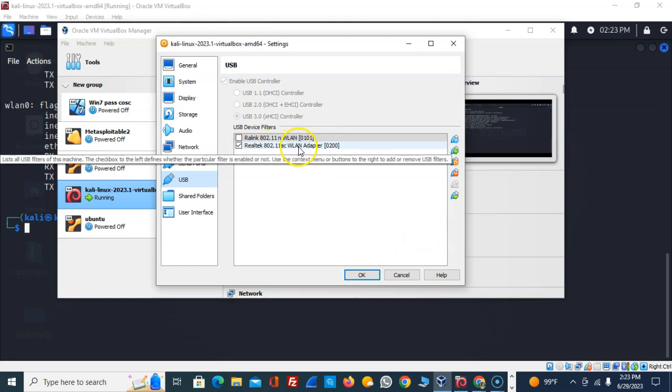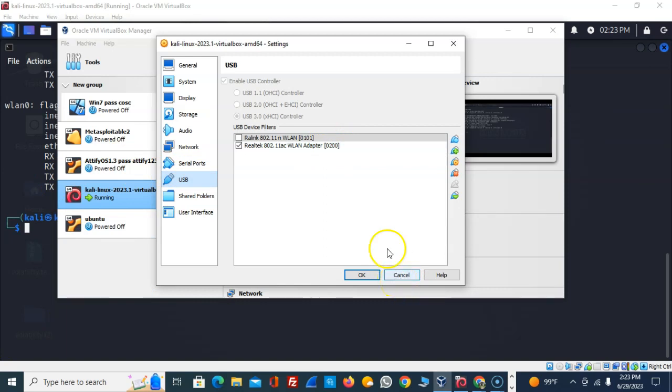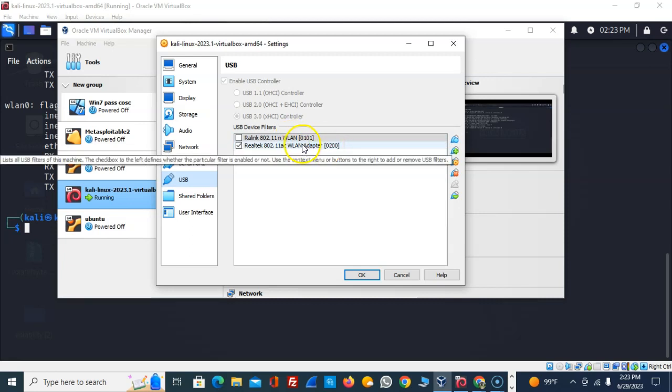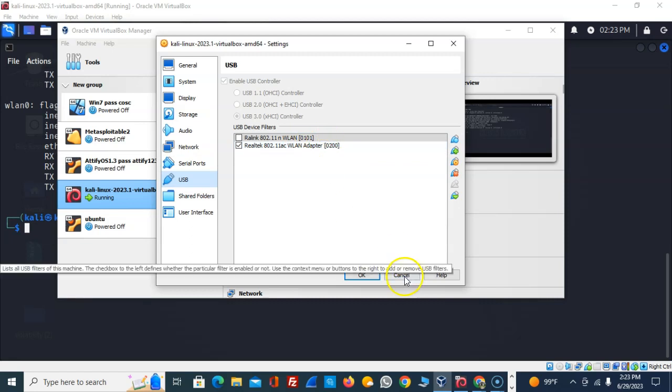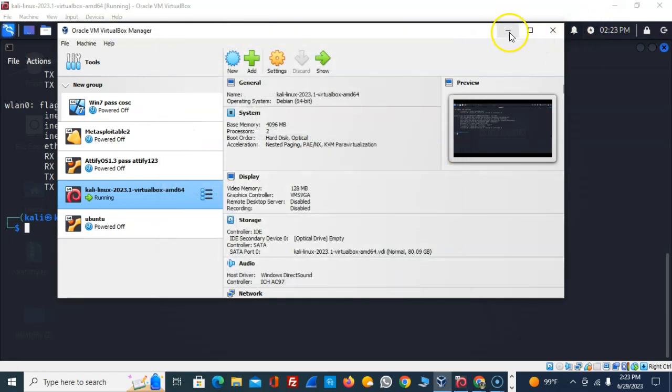The installation for the Alpha takes a little bit more, so I will show you in another video in case you have trouble connecting to the Wi-Fi. The Panda Wireless is straightforward. This one you need to install using command lines. All right. Okay. So now